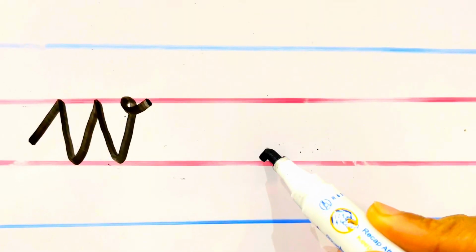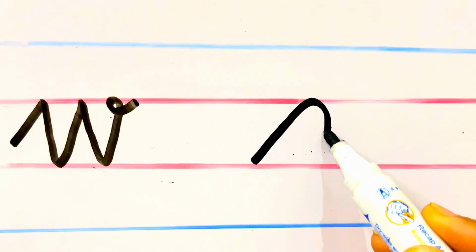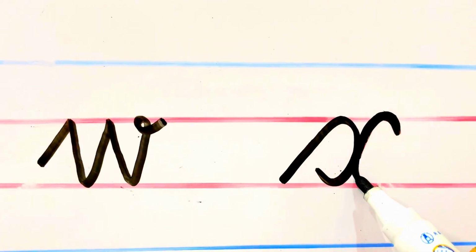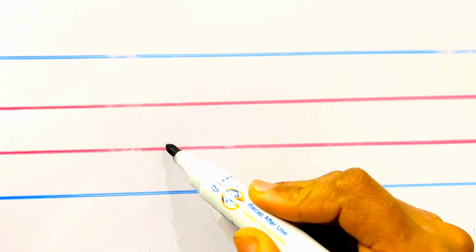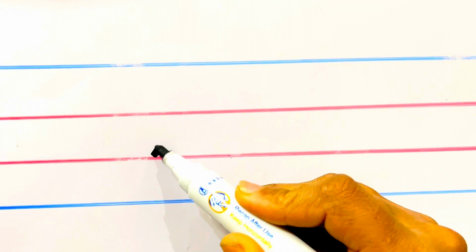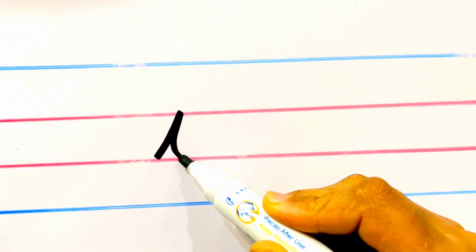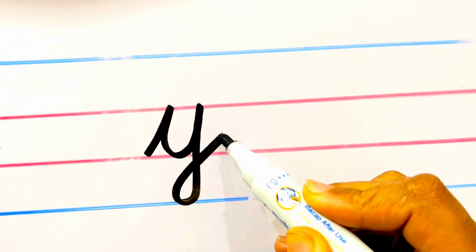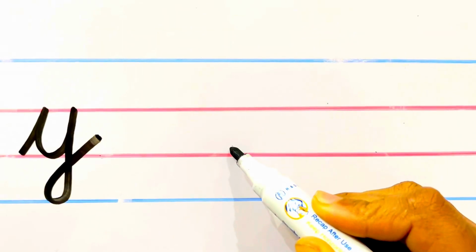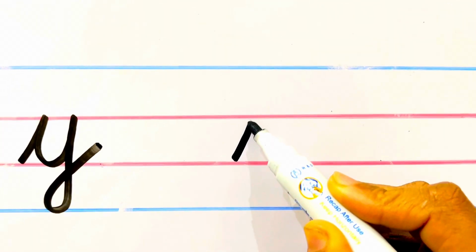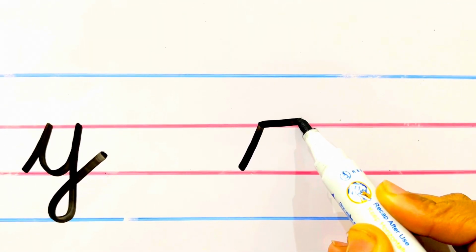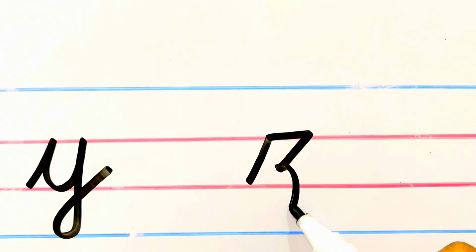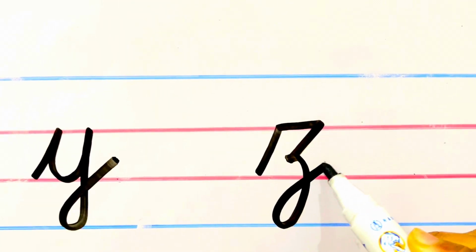To write X in cursive, we draw a slant line, then make a left curve and then make a right curve. To write Y in cursive, we draw a slant line, then makes up curve, then draw a slant line that touches root line, then draw a line upwards. To write Z in cursive, we draw a slant line, then slipping line, then again a slant line, then draw a curve to root line, then move upwards.